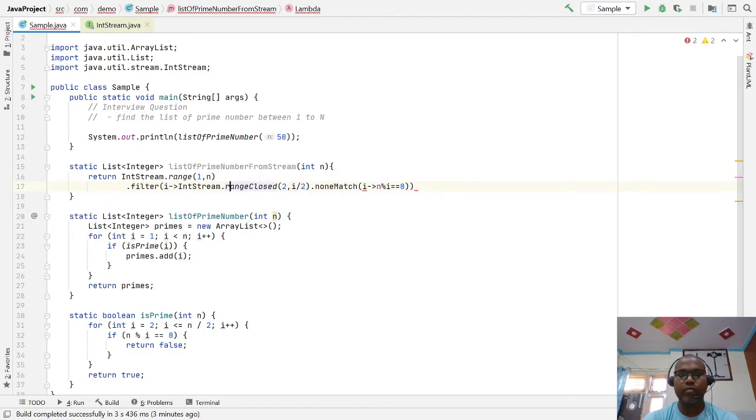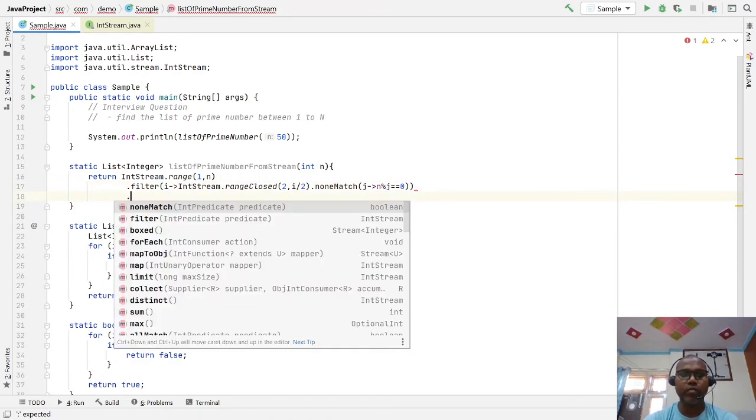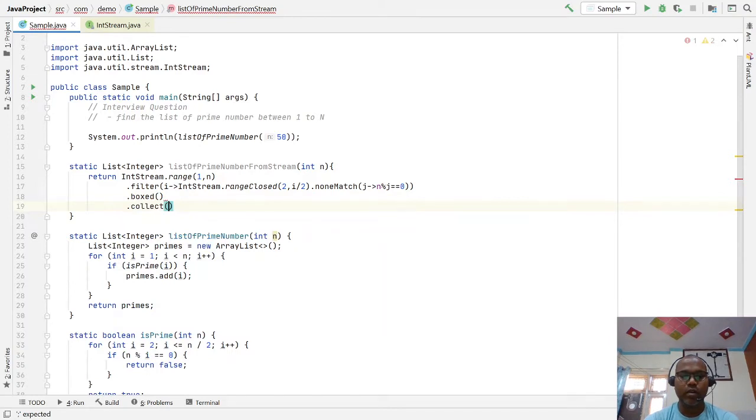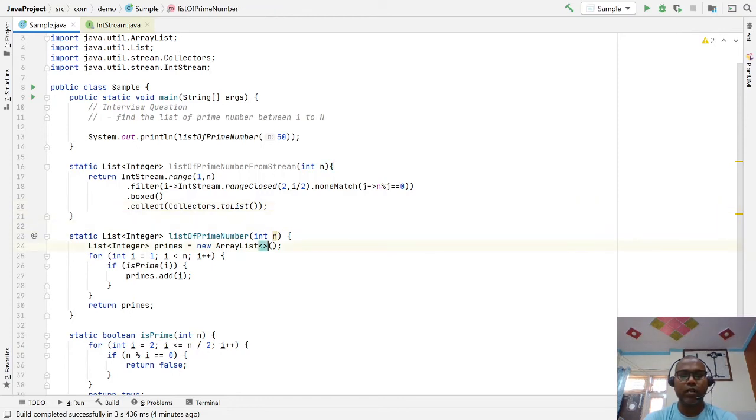Okay, here the same variables are conflicting. Here again I have to check j, and then we have to make the list. So we just box it and make a collector toList and return. So we have written the same code in the stream way.